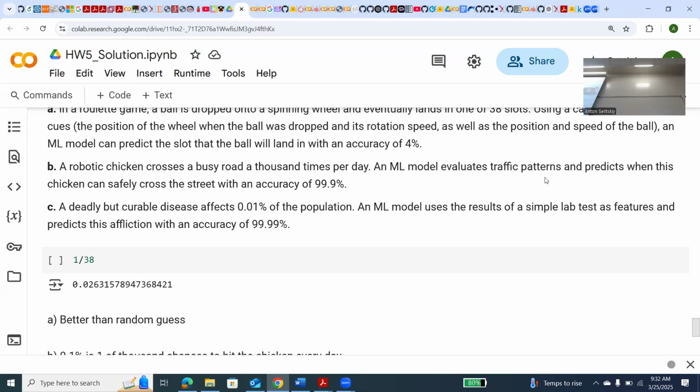So if you look at the last problem about the model and population, this was actually the worst model because if you